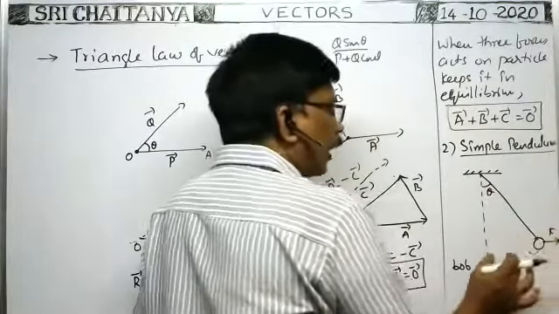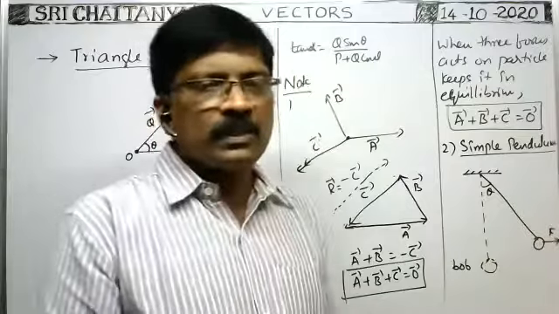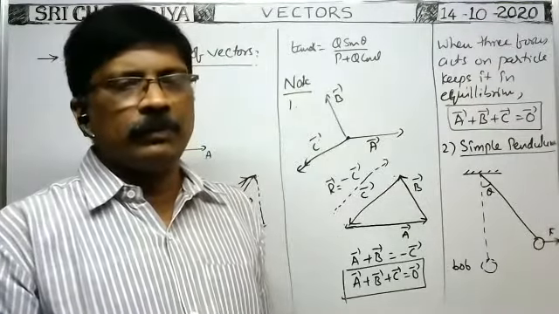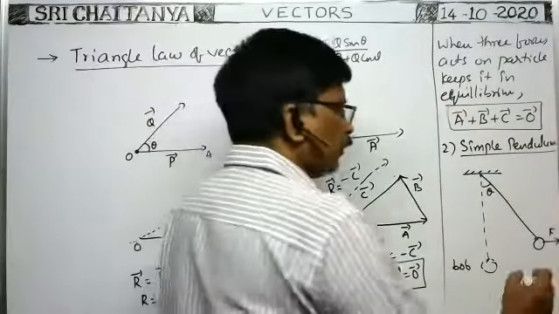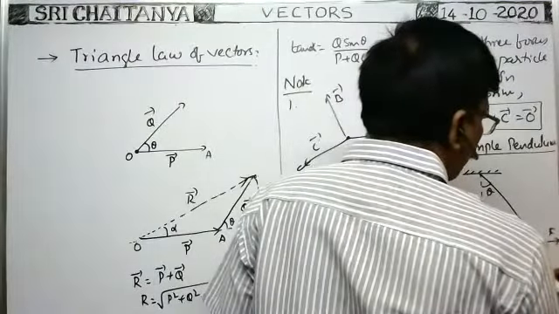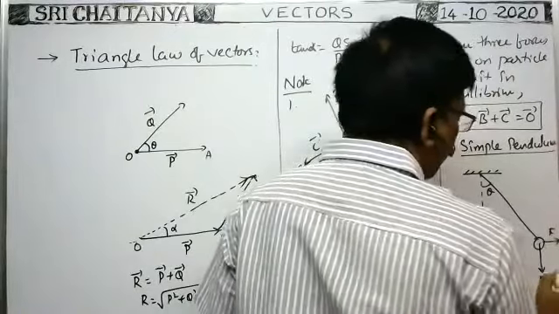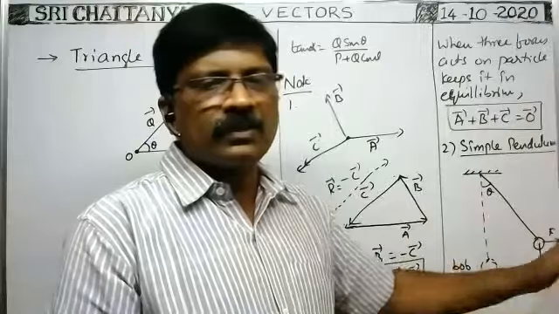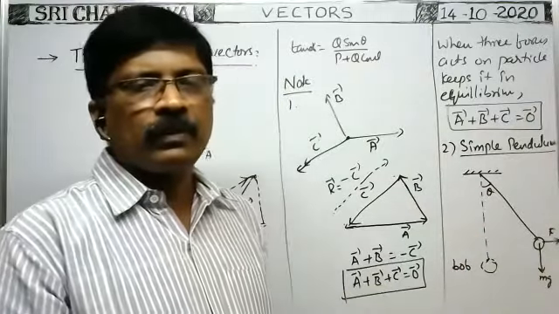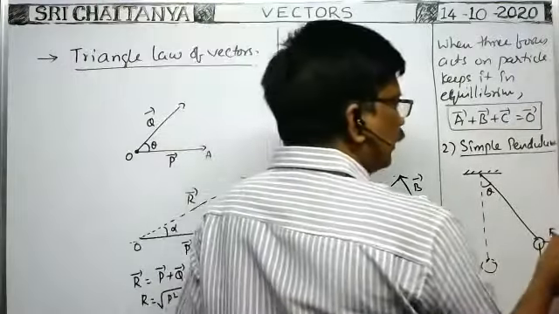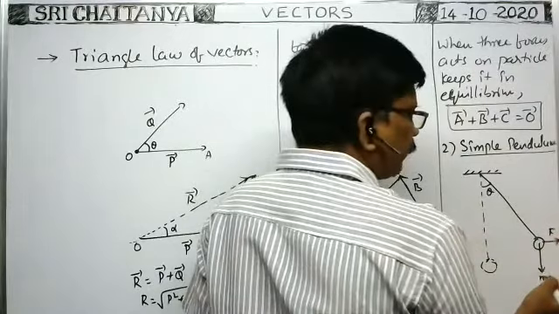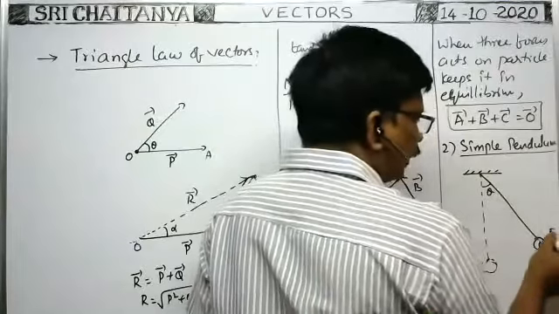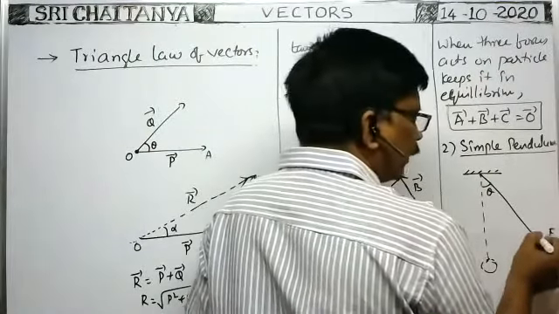At the time whenever the bob is under equilibrium, what are the forces that act on the bob? Tell me. One, very good. One, weight acts on the bob vertically downwards, mg. Next, horizontal force F acts in this direction. Next, tension, because the resultant of F and this weight mg acts in between these two, somewhere in this direction. The resultant of these two acts on the bob of the pendulum in this direction.